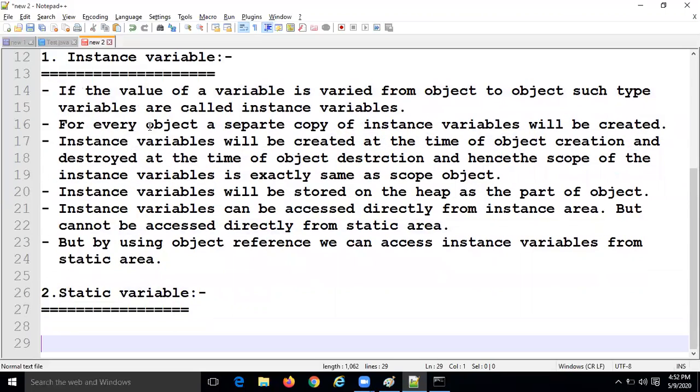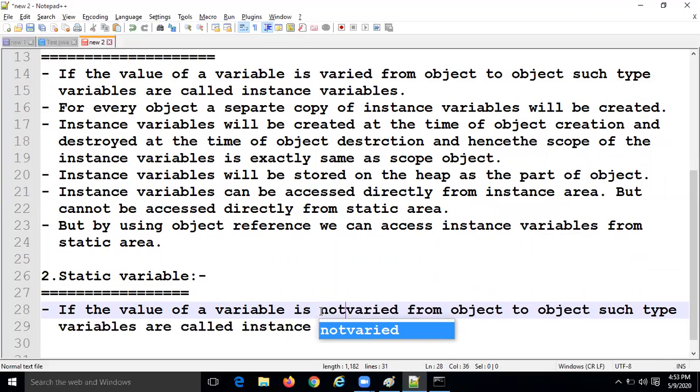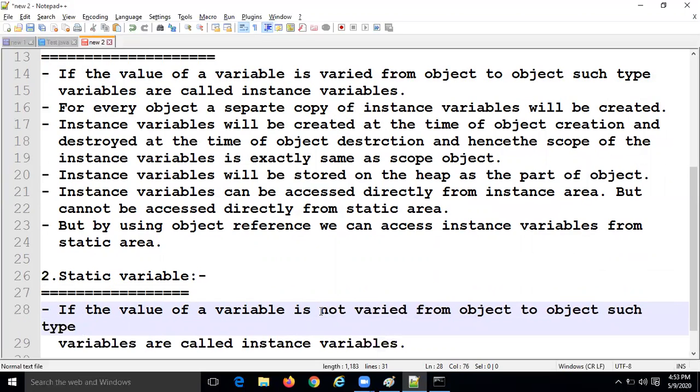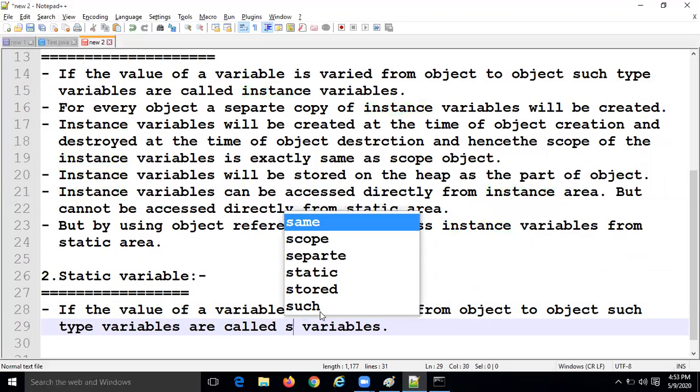The value of a variable is not varied from object to object. Which type of variable should we call this? A static variable.